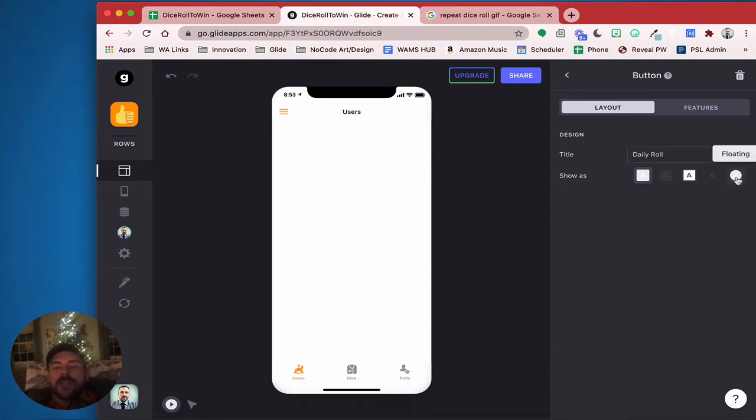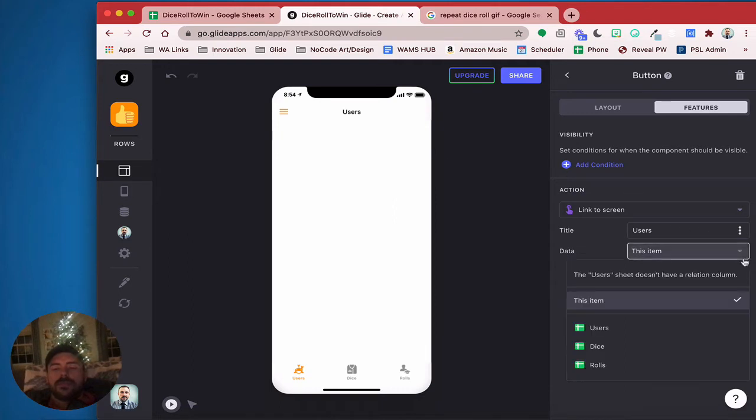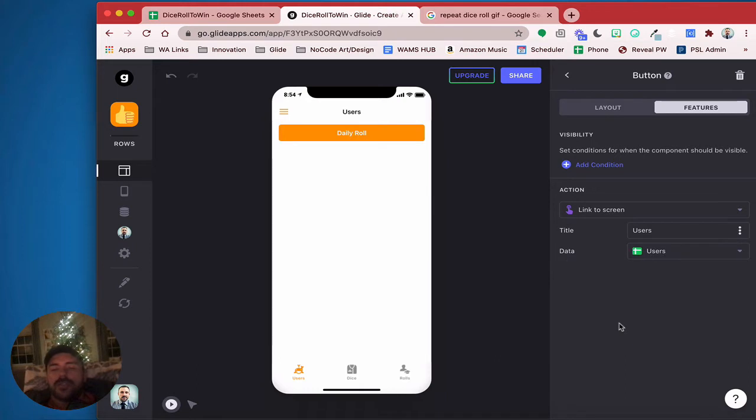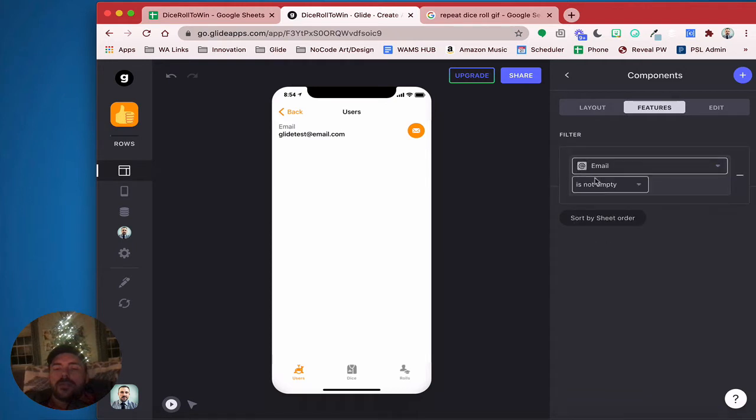If we wanted to get fancy, we can make this like a circle button down here at the bottom and add like a dice icon on it, but that's okay. We'll just do daily roll. And this is going to be a link to screen where we'll do, why can't I do this item? Doesn't have a relation column. Okay, I guess we're just gonna stay on the users. Okay, so daily roll, and then again where email is the signed in user,